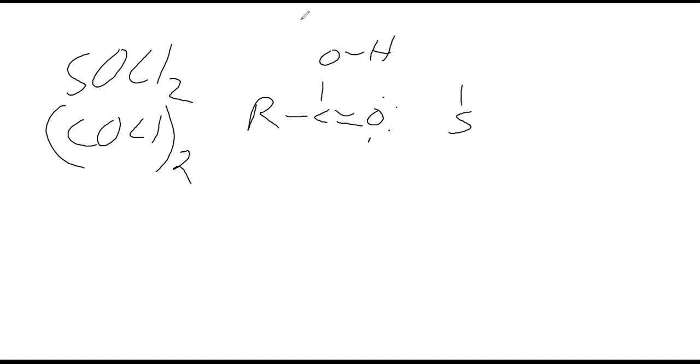I know we want to have the positive attacking the negative, but we always have the negative or the lone pair attacking the positive. The electrons are doing the movement, not the absence. So S has 1, 2, 3, 4, technically 5, 6, but we have a lone pair. It's going to attack here,